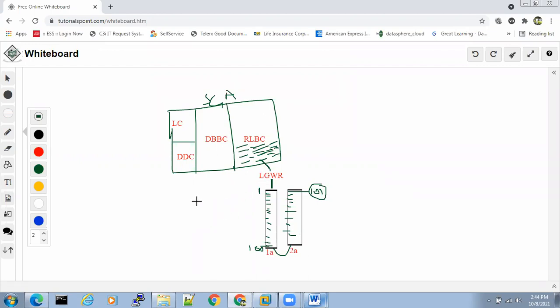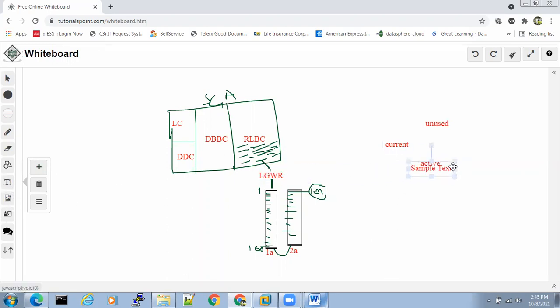Now I'll talk about the status. How many statuses are there? First status, unused. Second, current. Third, active.